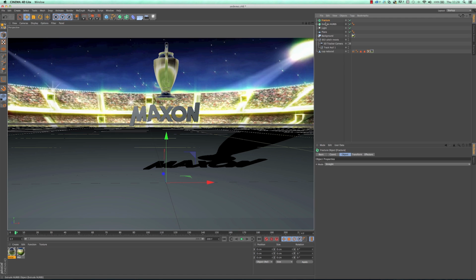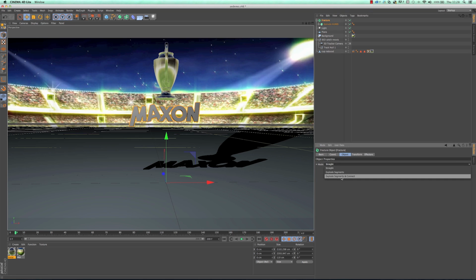So I have the fracture tool here, and I drag and drop the extrude NURBS inside, and initially that looks like nothing has happened, but it's basically saying get this ready for animation. And the mode that you want to select, so you select the fracture, and the mode that you always tend to use is explode segments and connect. So we have that on, and it just gets things ready for animation.